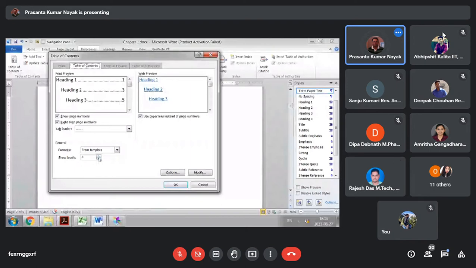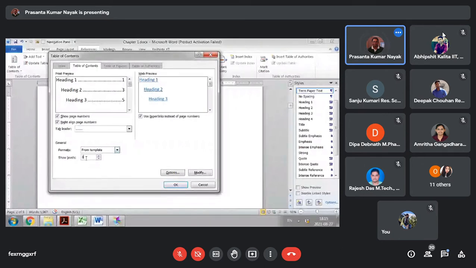Heading 3. Right, so the level is 3. In any document, more than 4 levels is not preferred, so always keep it less than or equal to 4. Here we have only used 3 levels, so 3 is already there, so there is no problem. Don't change anything else, only change this level and say OK.